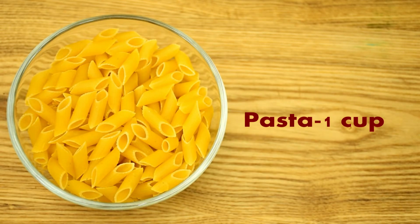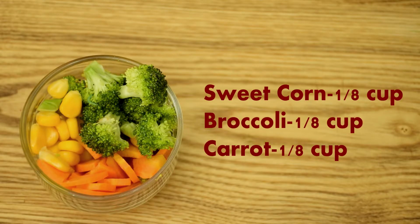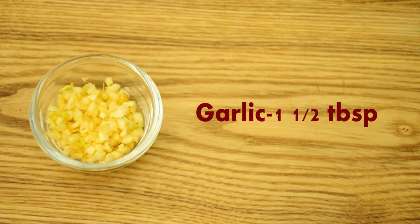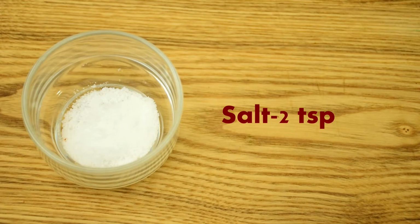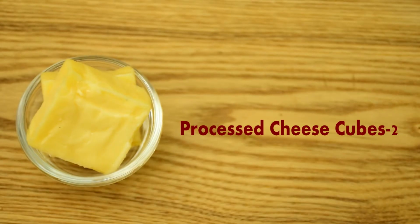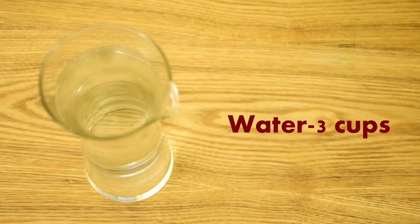I have taken a cup of pasta, 1/8 cup each of sweet corn, broccoli and carrots, 1/8 cup of red bell pepper, 1½ tablespoons of finely chopped garlic, 2 teaspoons of salt, 1 tablespoon of plain flour or maida, 2 cubes of processed cheese, 3 cups of water,